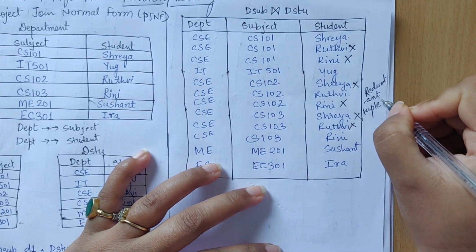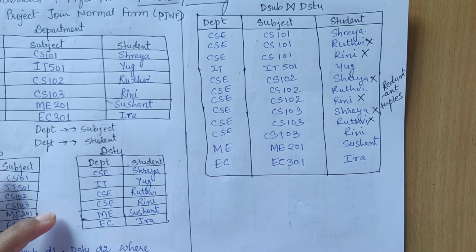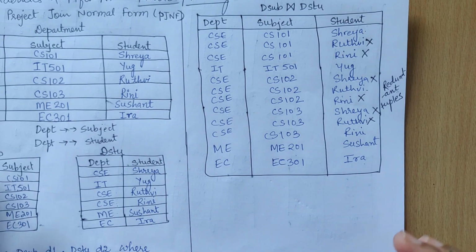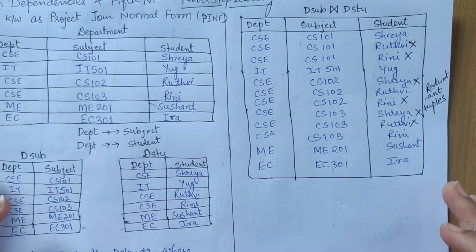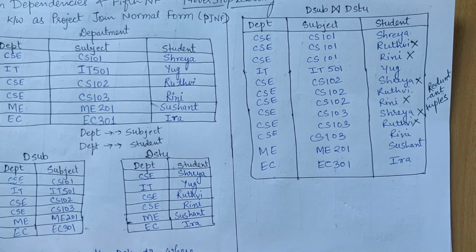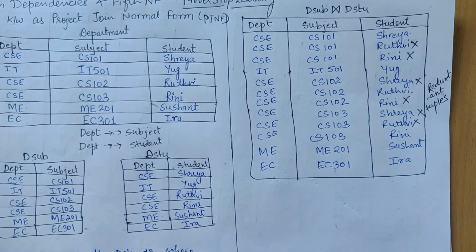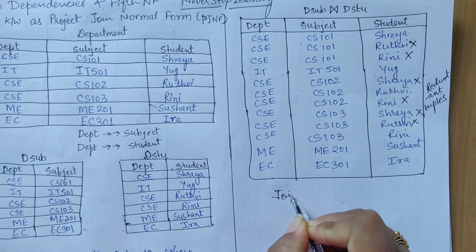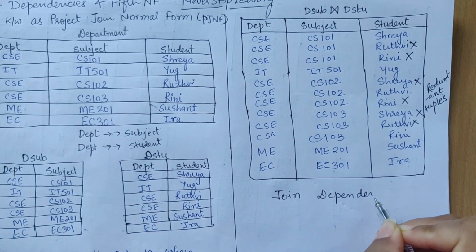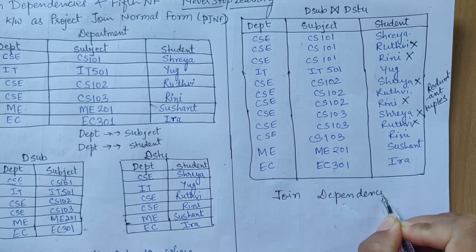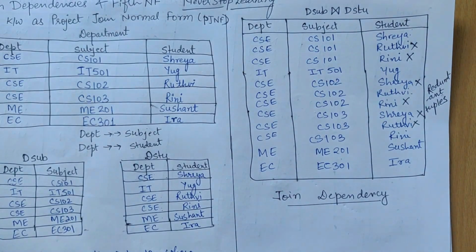Redundant tuples we got. These are also known as spurious tuples, which should not happen, but even after being in 4th normal form this is happening. And when we try to recreate the parent table from the child tables, we are getting the redundant tuples. This is a problem of join dependency. When we tried to join, because of join dependency, we got all these redundant tuples.